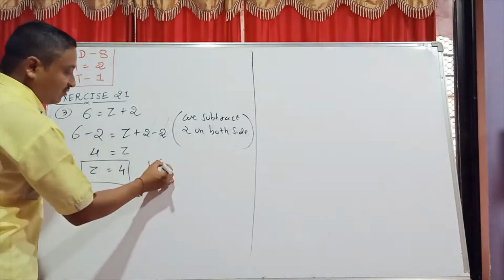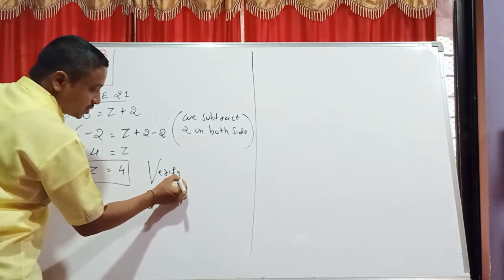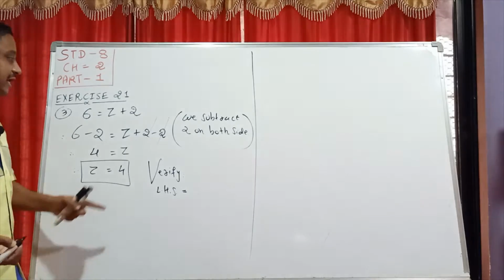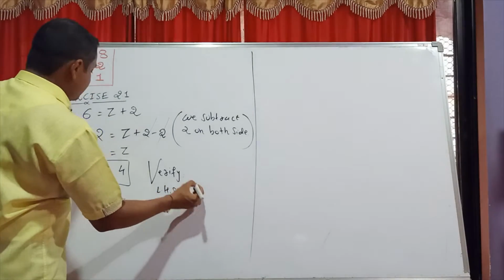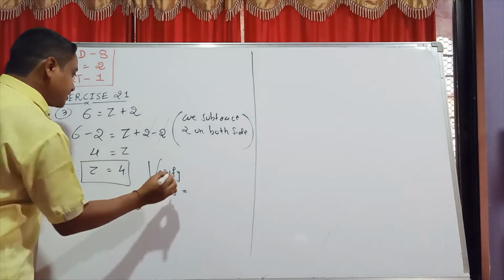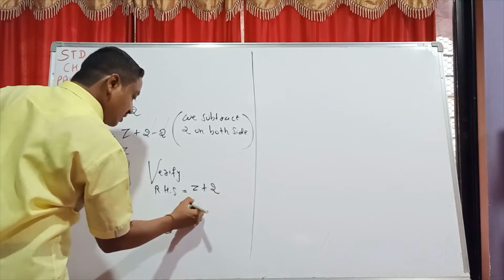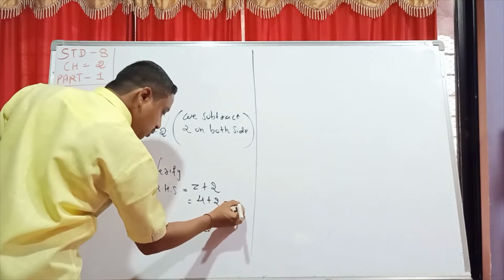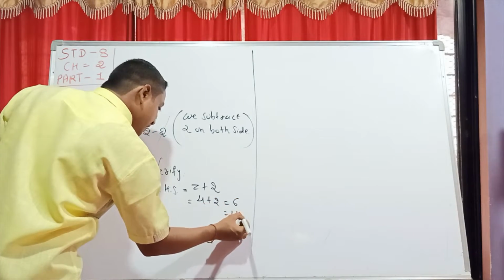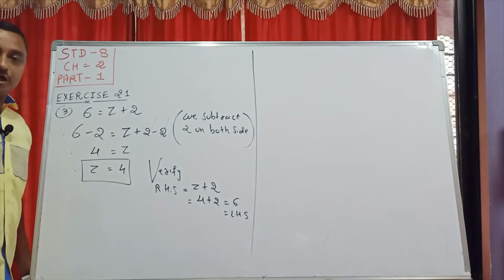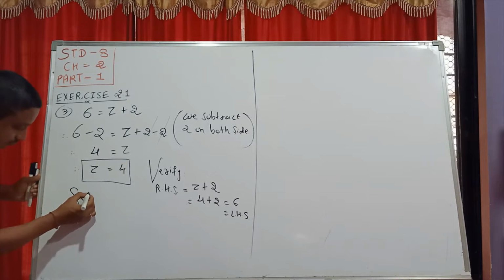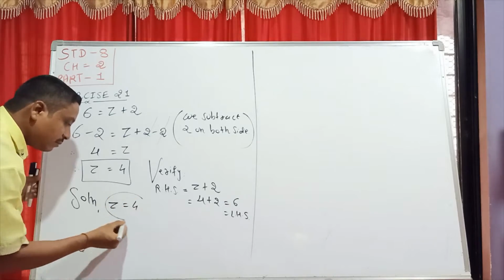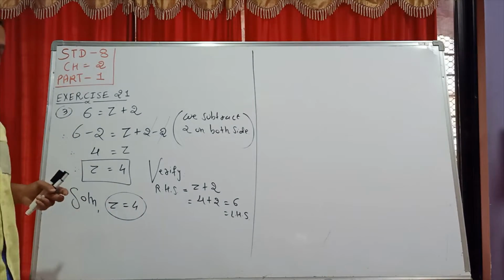Now I go to verification. Students, verification is necessary, you do it in the exam also. What is your LHS? LHS I am not taking here. Here I am taking RHS, students. z plus 2. Yes, z applied, only 4 plus 2 is equal to 6. Yes, that's my LHS, already done. So correct solution. Students, the solution is z is equal to 4. You are happily done. And that's my easy answer.